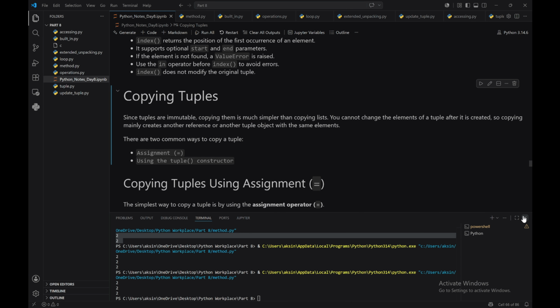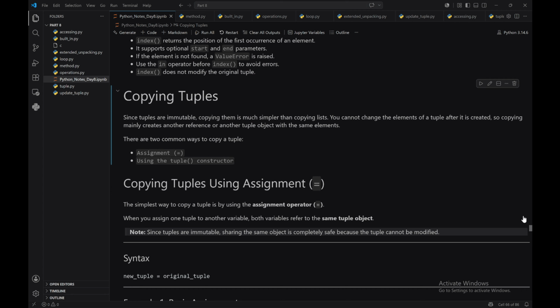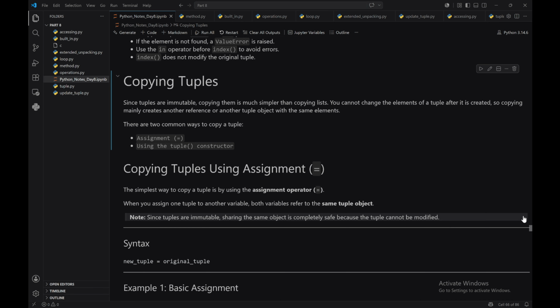And the next topic is copying the tuple. Let us see how you can actually copy a tuple. Since tuples are immutable, copying them is much simpler than copying a list. You cannot change the elements of a tuple after creating it, so copying mainly creates another reference or another tuple object with the same elements. You can use two methods, such as